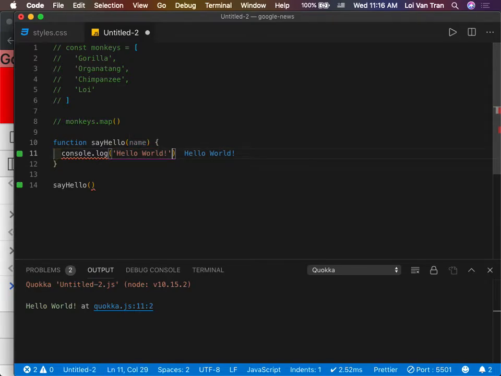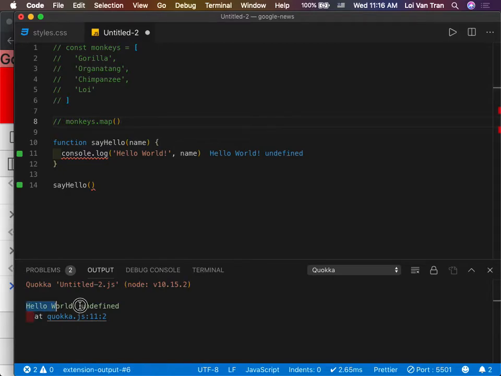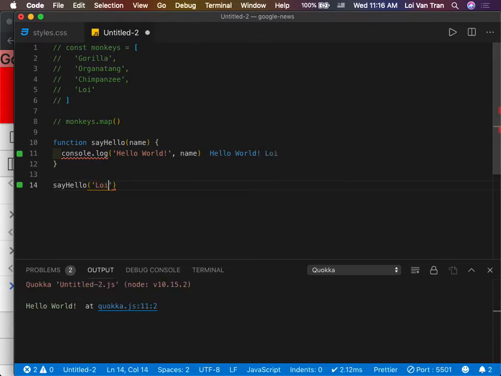Okay? And you guys will notice that if we say hello and name, it says hello world undefined. Okay? So JavaScript accepts it when you call a function that does not have the argument passed to it. That's just how it is. Okay, but what if we put a name in here? Then we can see that hello world prints and name right here is no longer undefined. Okay,